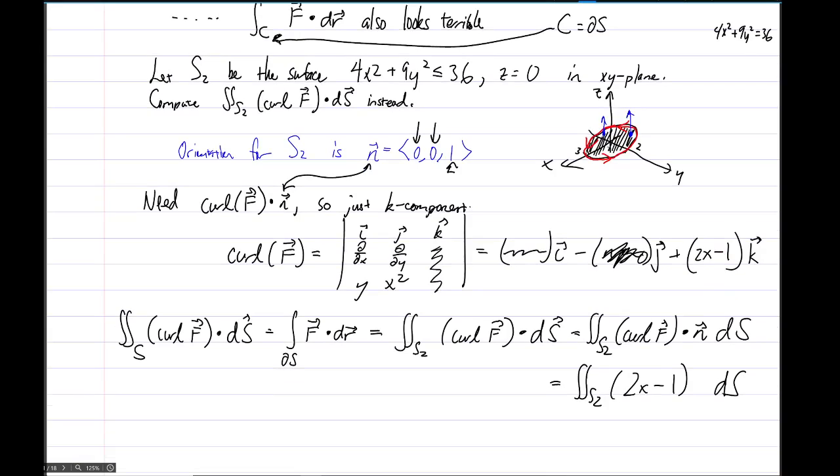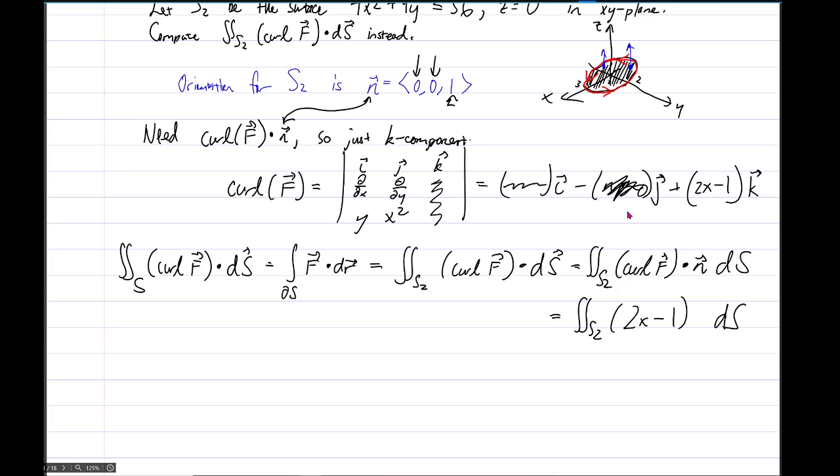So over the surface S2, we should do some work here. And so this integral is going to convert into the following iterated integral, but a little commercial break off to the side of where this is going to come from: we would need to parameterize S2, right? So S2 is parameterized by R of u comma v is equal to,